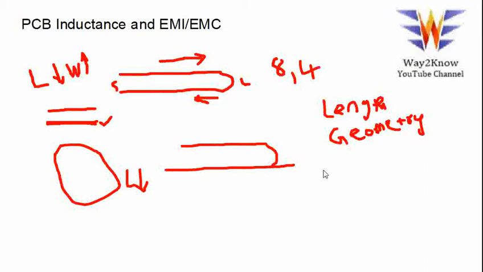Now let us assume a scenario where you have one layer, and in the other layer, like an example of a two-layer board, you have a ground plane here, a small ground plane here, a small ground plane here, and then you have some wire or something touching this, and then the return path is this way, and these are connected. Let us assume these are connected this way.